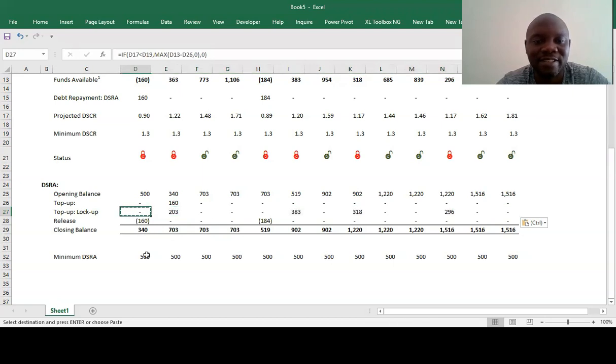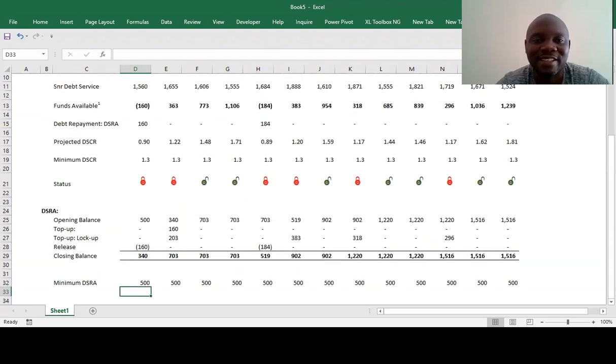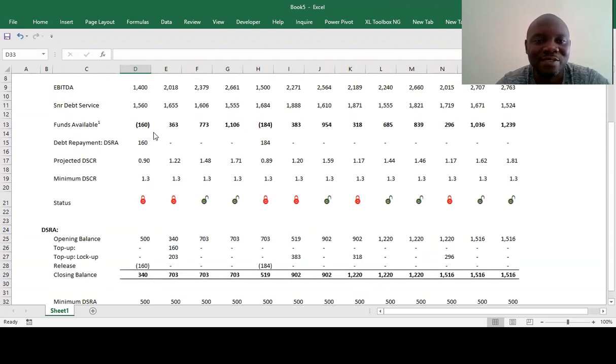These are the funds here. So this is how it's going to work. If you check where there's a lockdown, it means that all this 363 goes into the debt service. So if you add 160 plus 203, it gives you 363.